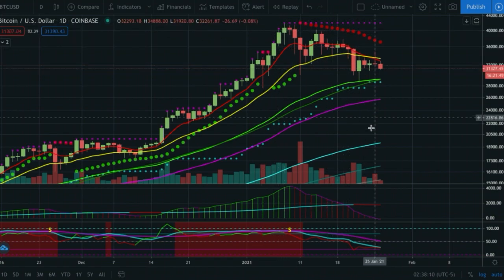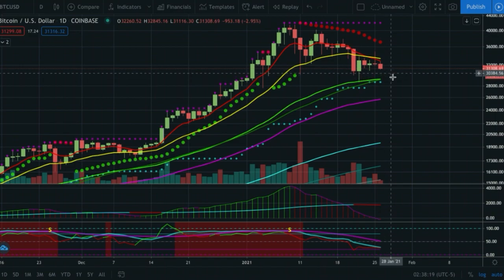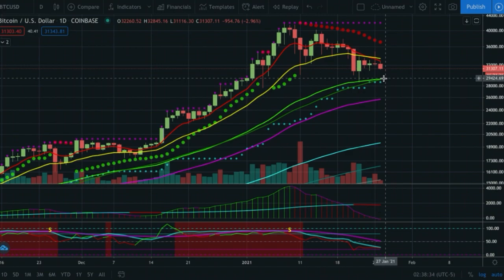So again, we're looking for a massive stab to the downside like that, a red knife coming in, at which point in time we would assume that was the break of a key support level, and then we would look for a key moving average or Fibonacci to find support on after that. But again, the move could continue on. This was a 100% move to the upside in price action, so could we get another 50% down? Maybe. It's not realistic, but it could be a massive move still. But yeah, we're paying attention to that.